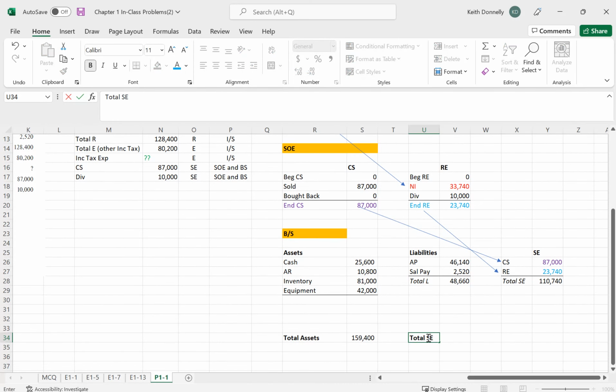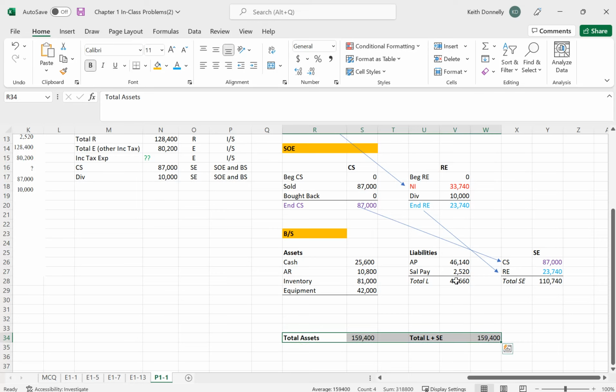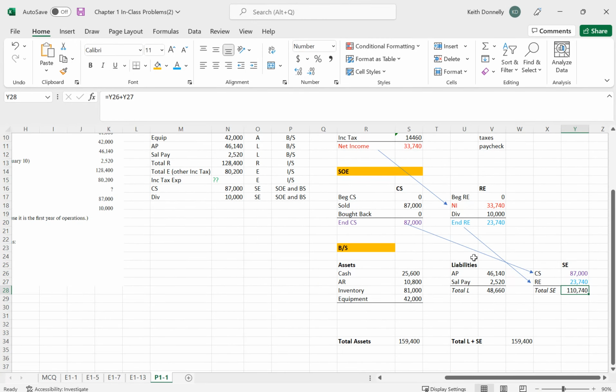And then if we total our liabilities plus our stockholders' equity, that plus that, it's going to give us 159. In other words, our balance sheet balances. Our assets equal our liabilities plus our stockholders' equity. But check it out, right? Say that this answer, instead of being